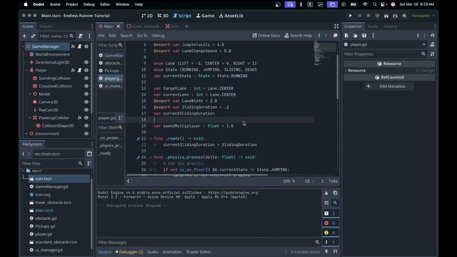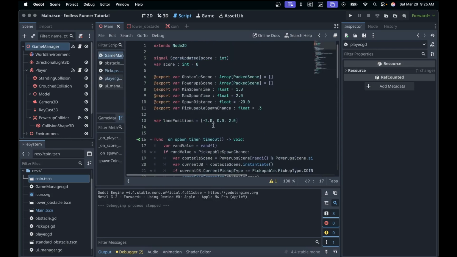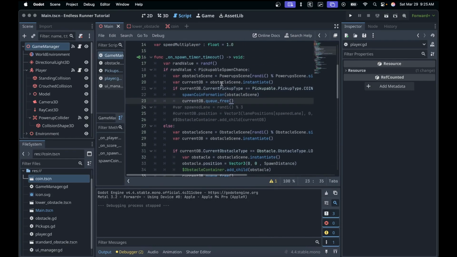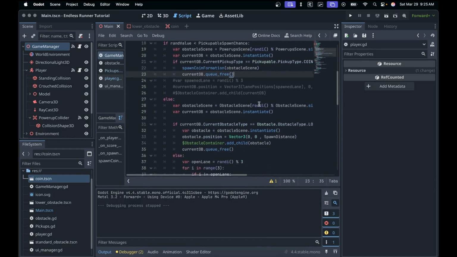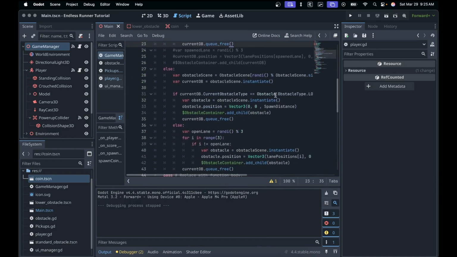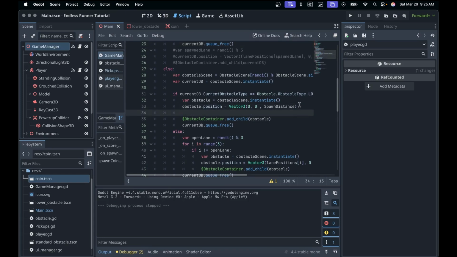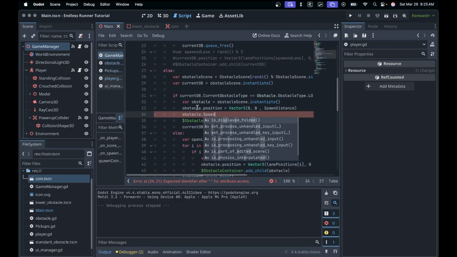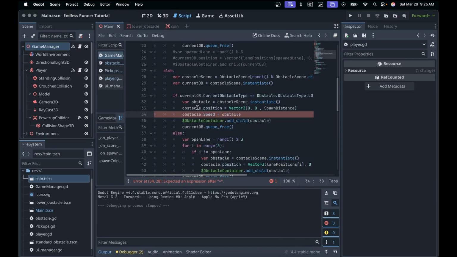And now we can come in to our obstacle spawn code, which is... oh, this is on our player. My fault. We'll get rid of that. We'll want to go into our game manager, and then we'll want to do a speed multiplier. And then we'll come down here, and when we do our objects, see we have a current object here. When we spawn in that object, we need to actually instantiate it and then set its speed value. So we'll come in here, we'll go obstacle dot, and if we take a look at our obstacles, we have speed with a capital S. So speed is equal to obstacle dot speed